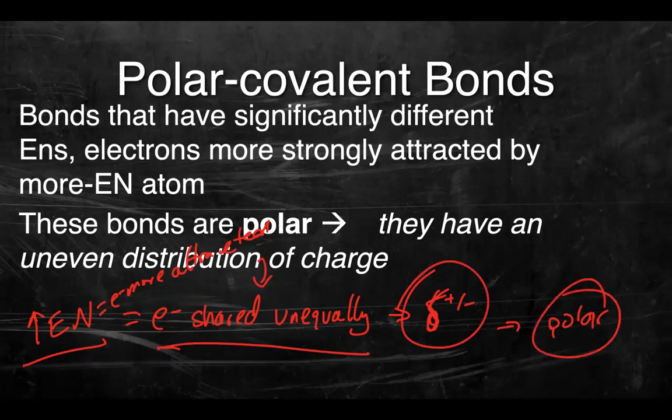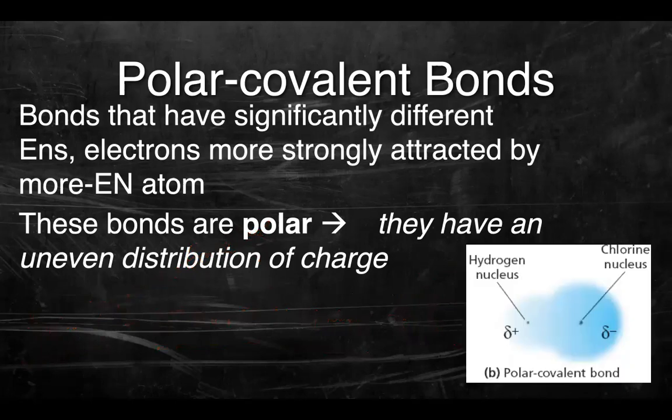which leads to polarity. And then, of course, when it comes to water, polarity is going to lead to many other properties like hydrogen bonding, cohesion, adhesion, and temperature moderation, which we studied in biology already. So here's an example of hydrogen and chlorine. Chlorine is right underneath fluorine. It's going to have a higher electronegativity, which means electrons are more attracted to chlorine than they are to hydrogen,